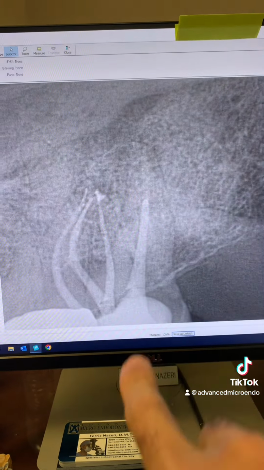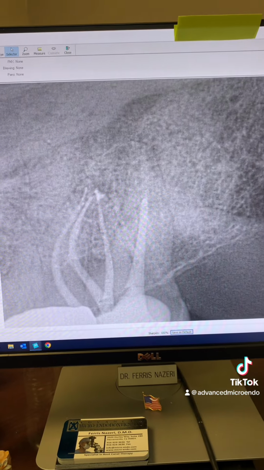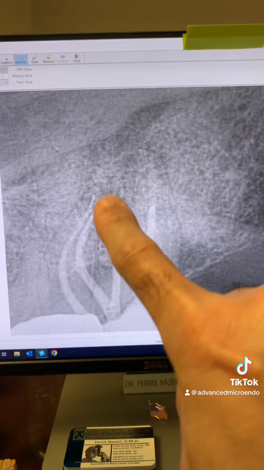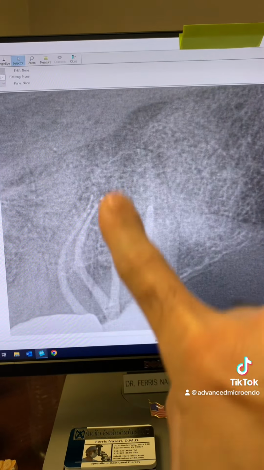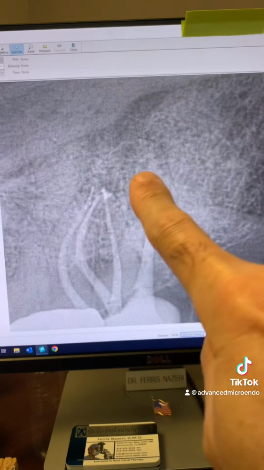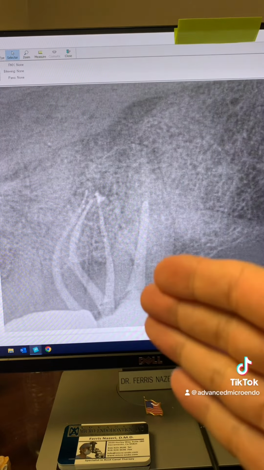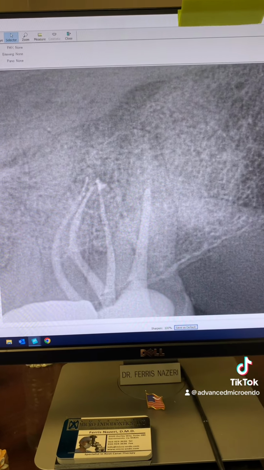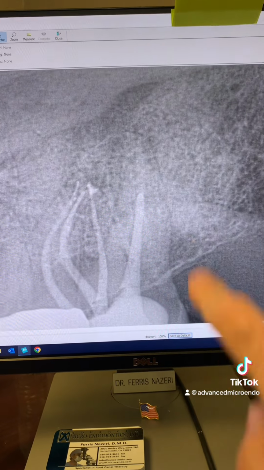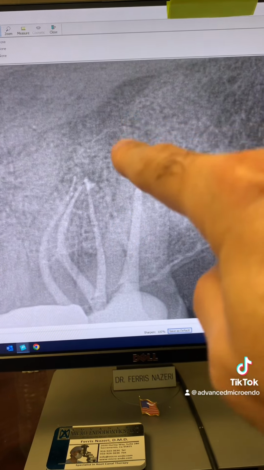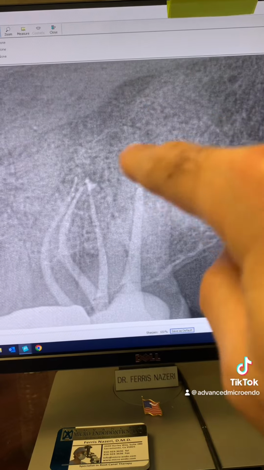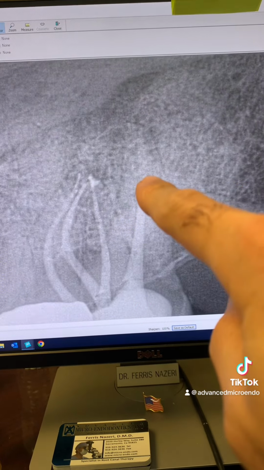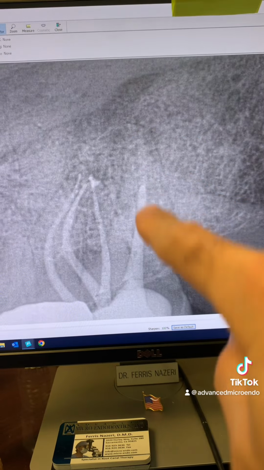Look at this. This is tooth number 15, upper left second molar. And look at the MB2 and MB1, distal buccal and palatal, and look at the curvature of these long roots. And we did this again in one appointment. Look at the palatal root there. The apical diameter of the canal was over 50, so I placed an MTA plug here, followed by gutta percha